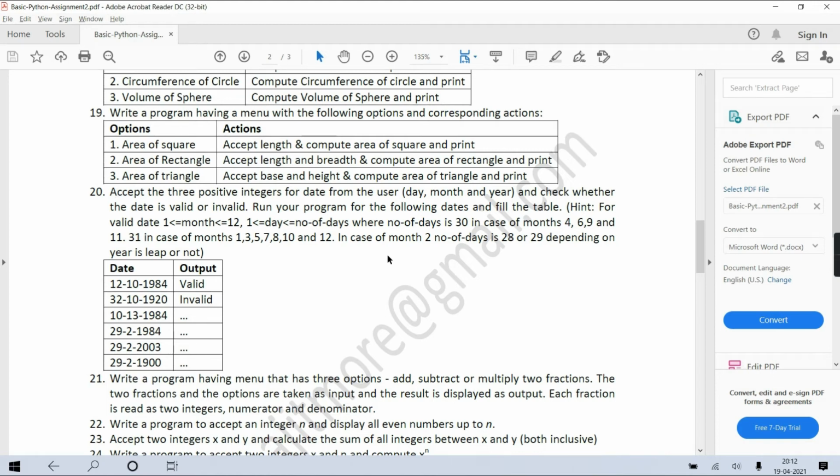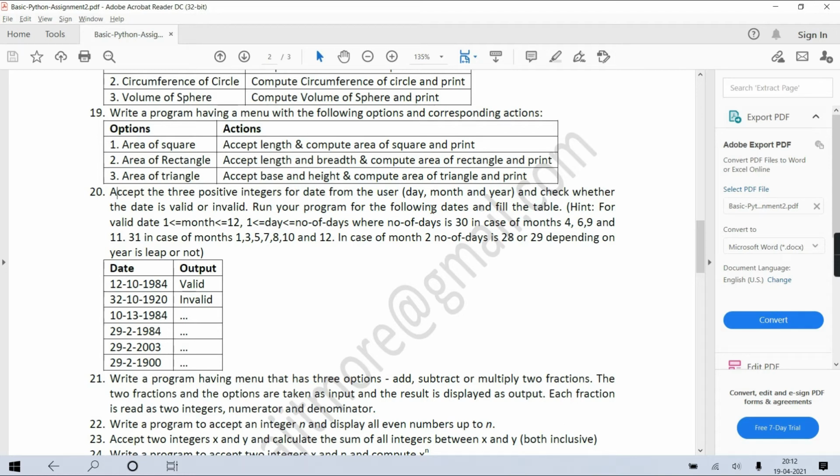First of all, the month should be in the range 1 to 12. If your month is itself not between 1 to 12, it is an invalid date. That is directly checked. But if it is within the range, then every month has its own number-of-days criteria.